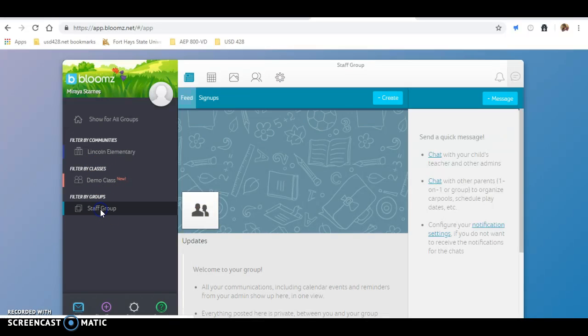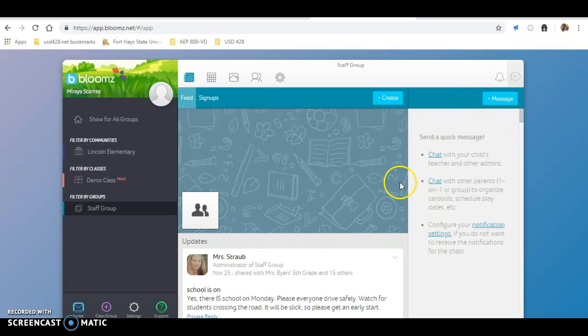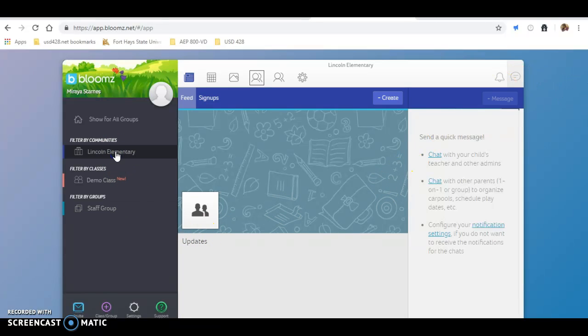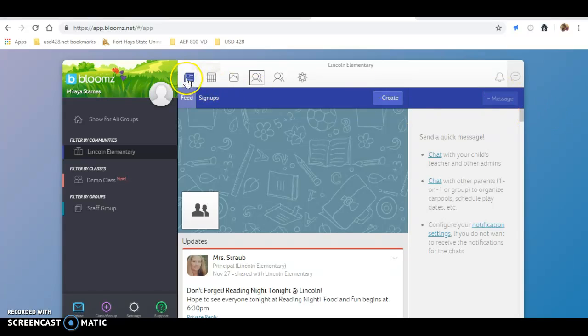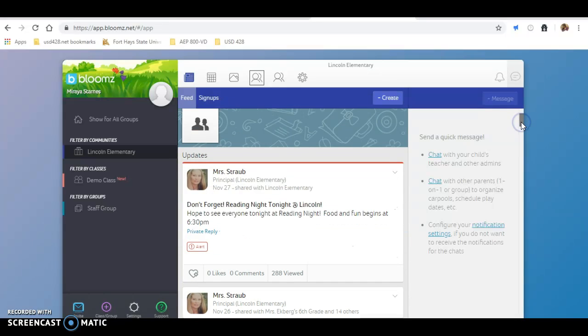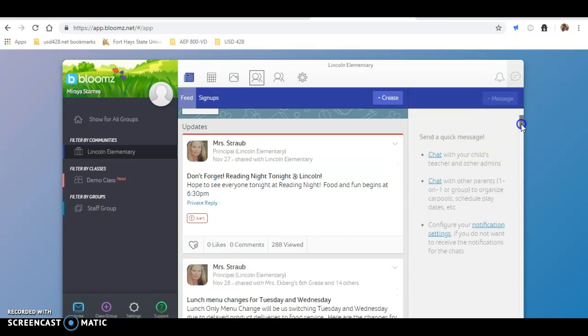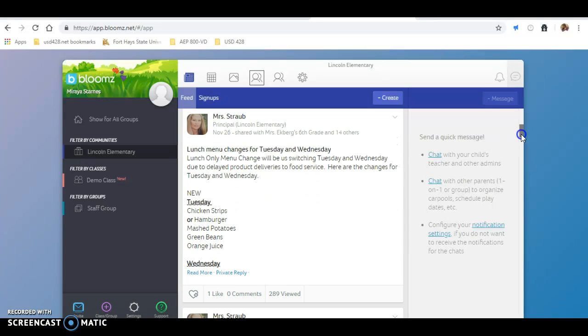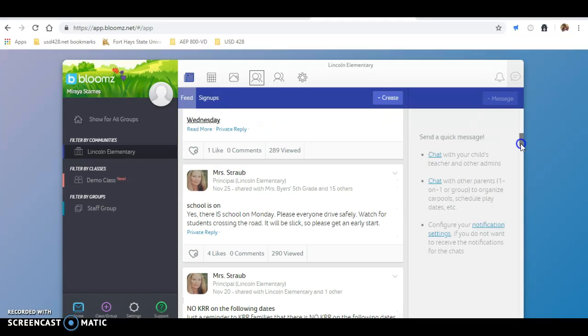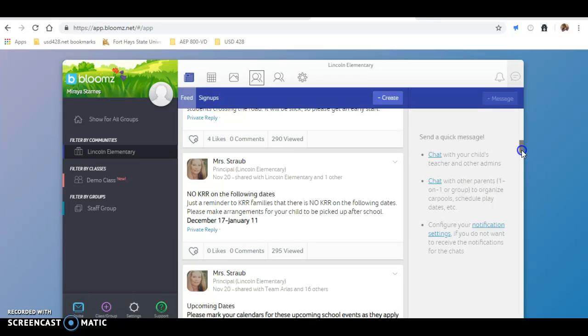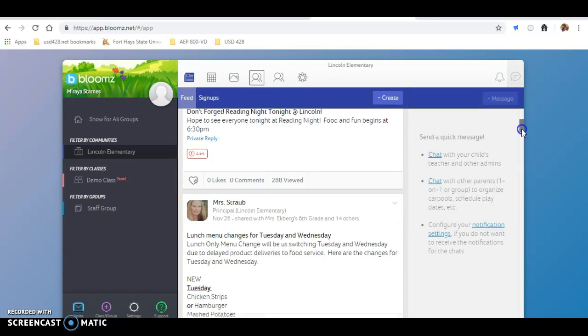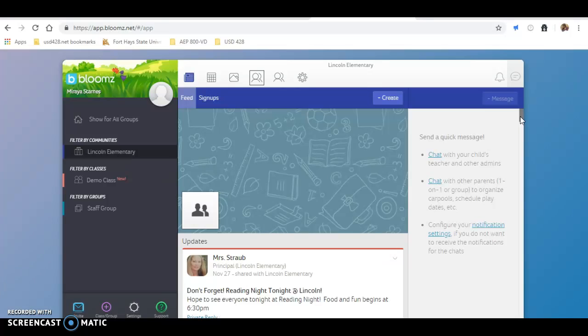Demo class, and then the staff group. So you can see we have a few updates here. So we'll go back up to Lincoln Elementary. Up here we have kind of like a news feed. It's almost like a Facebook type thing, where you get updates from the principal, a reminder about not forgetting reading night, or a change in the lunch menu due to a blizzard we had last week in our area, about after school programs being canceled. So these things are being communicated to us through the principal of the school using the Bloomz app